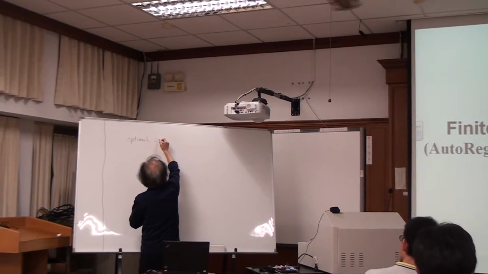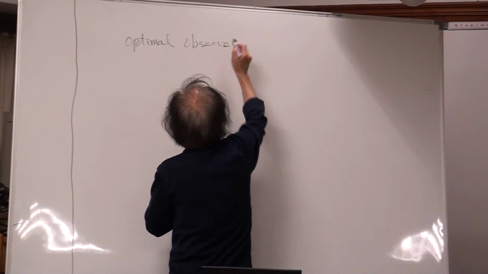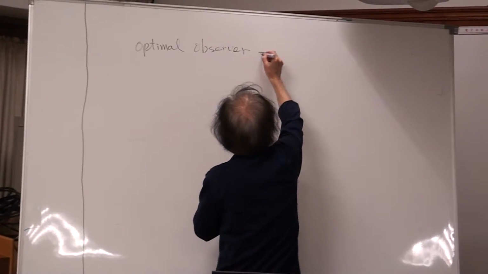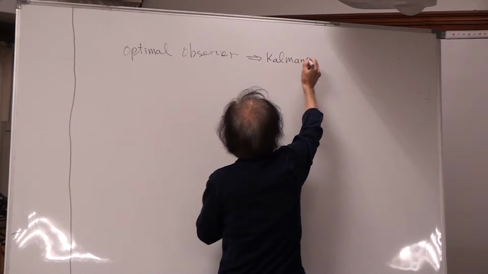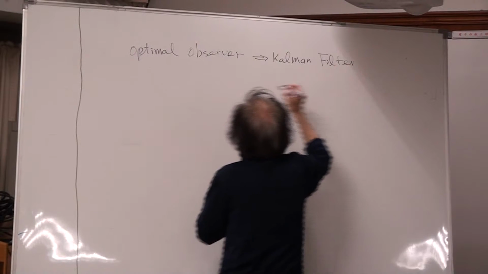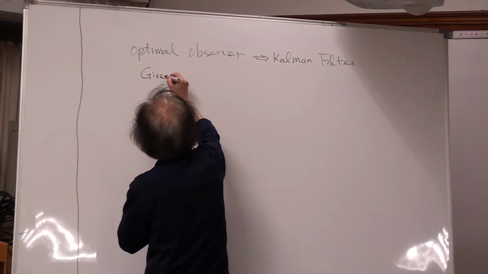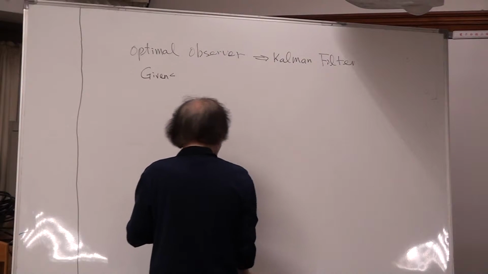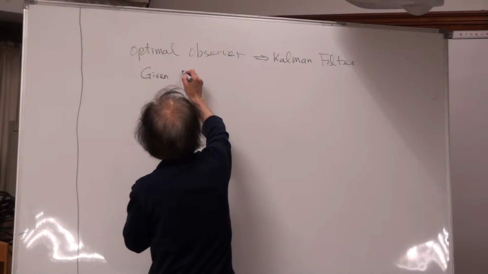Observer. Give you the common field. You need to be more accurate at this. Okay, just giving system matrix